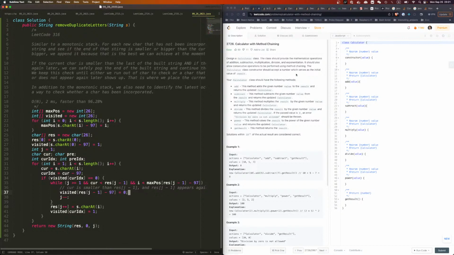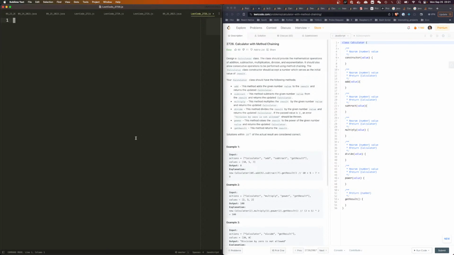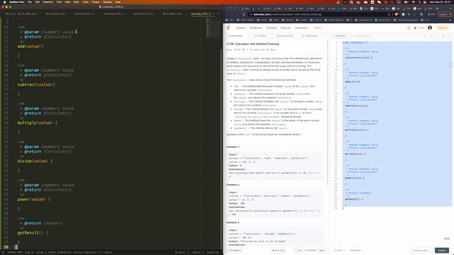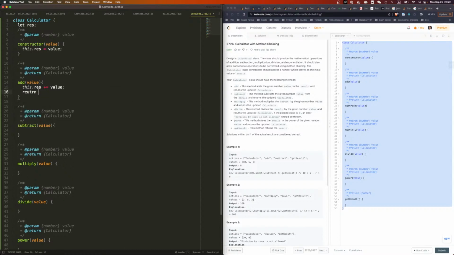So I probably need to have a result out. Hold on, let me get a JavaScript editor open. So I think we need a let res, right? And then we can say this.res equals value. And then add, we can say this.res plus equals value, return this,